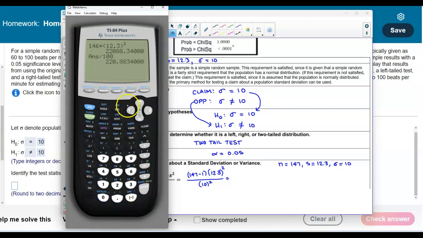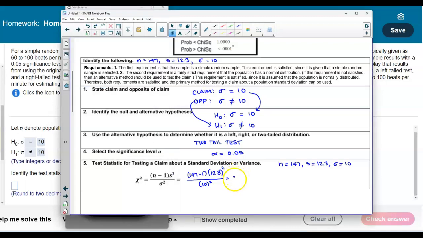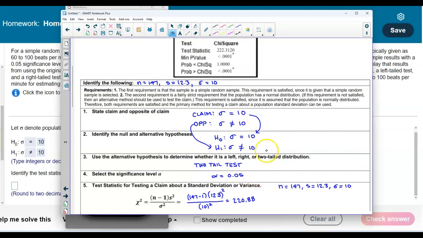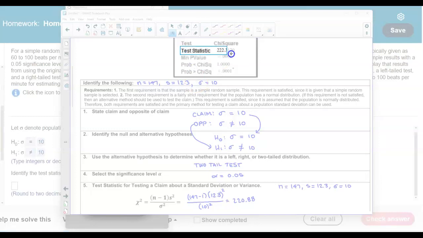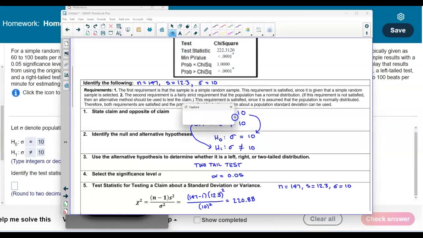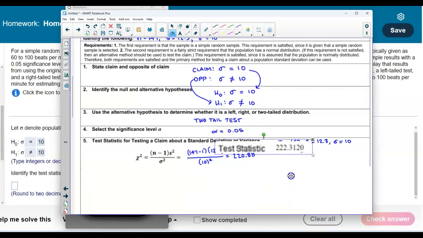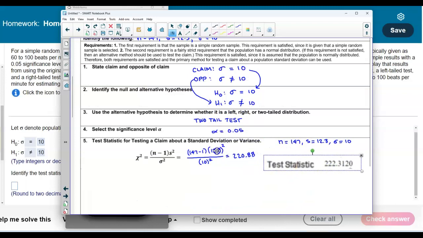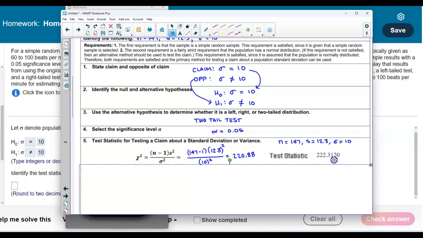And then we're going to round that to 2 decimal places. So we end up getting 220.88. Okay, now let's compare it to what we get up here for the test statistic. Just want to make sure that we can see what it looks like when you compare it. Now again, the reason why our number is slightly off is because this standard deviation is rounded when we put it in. So this is the number that we want to put in, which is